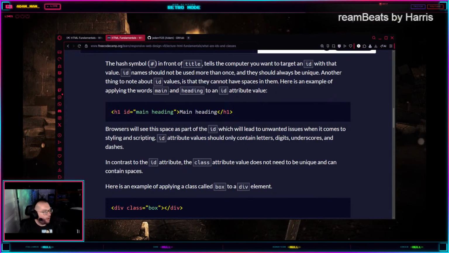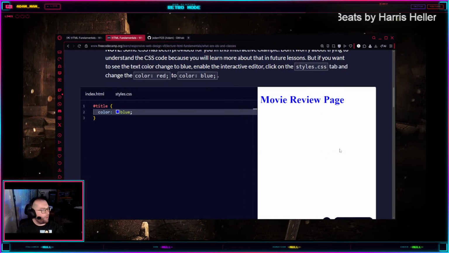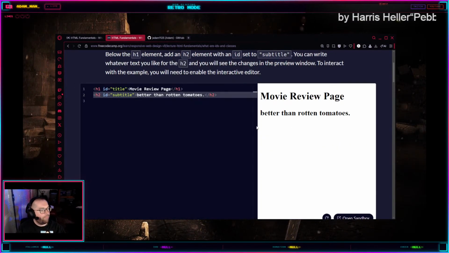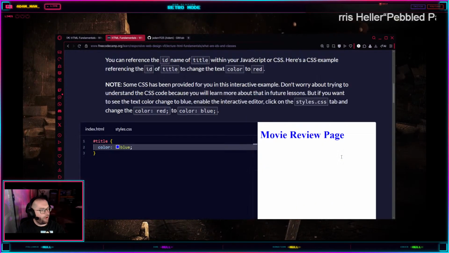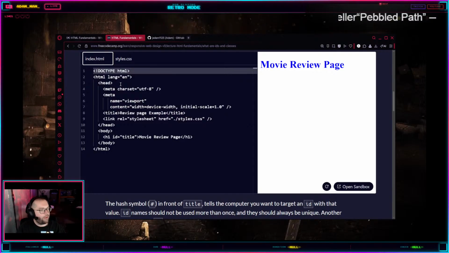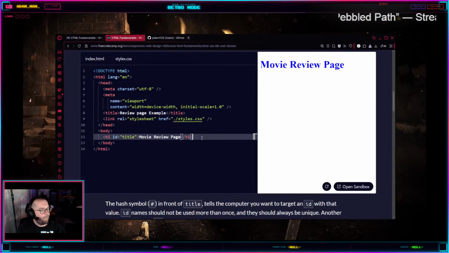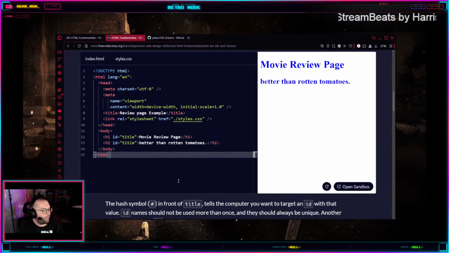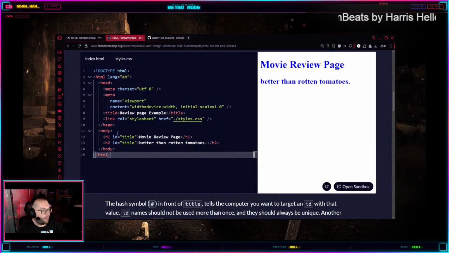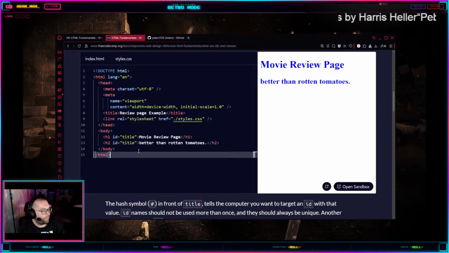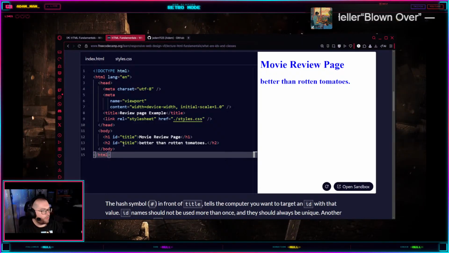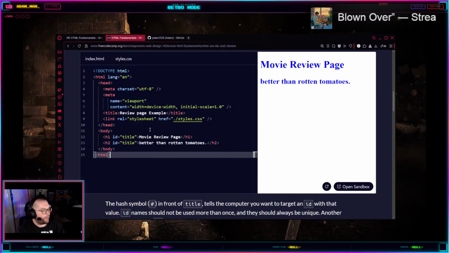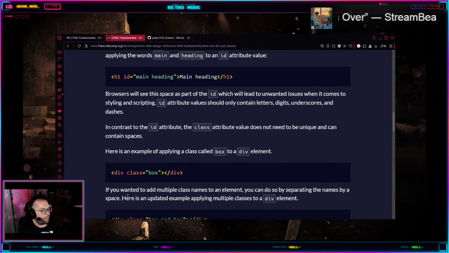Interesting. All right, so I want to mess around, I want to play. I'm going to take this H2 that we added earlier and put it in the index here, like this. And I want to see if I make this ID title, what kind of problems are we going to have? Looks like the main problem is that they're both going to be blue. Yeah, I think that you could use it like that is what I was curious about. But then,